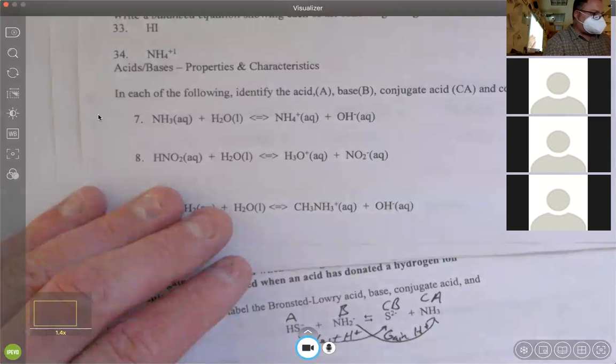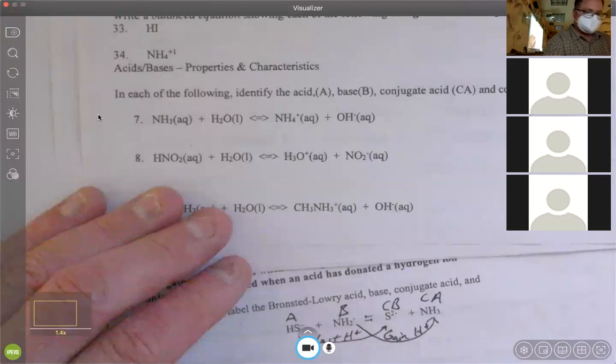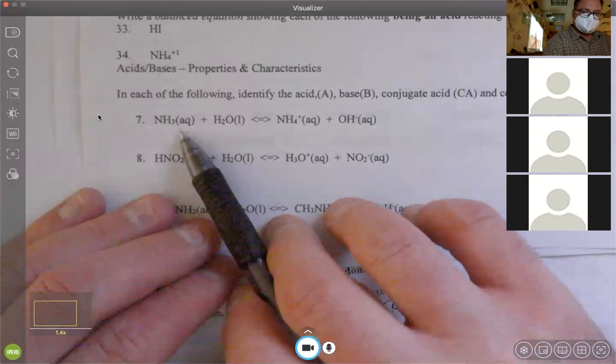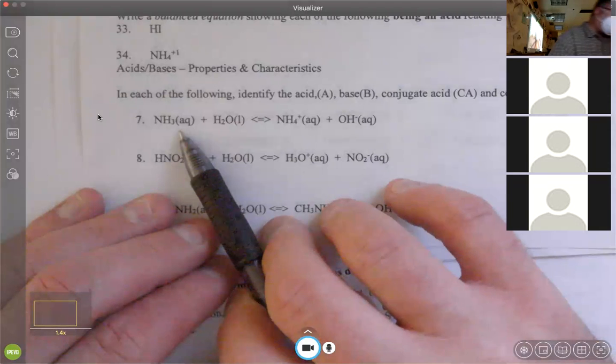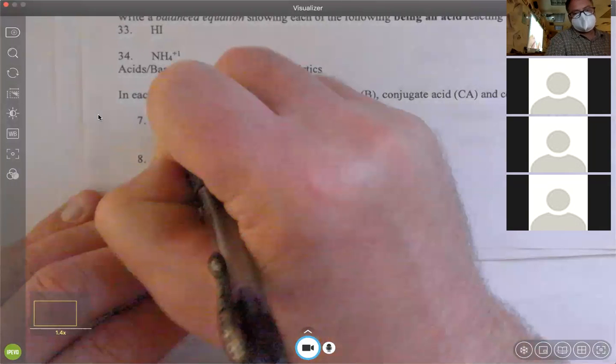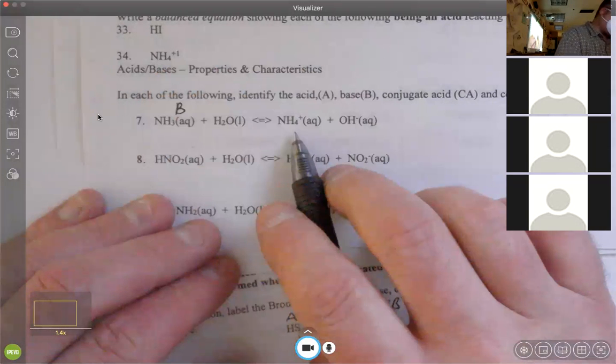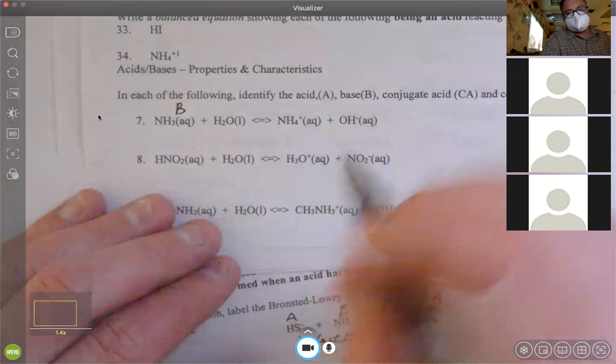So what's NH3 acting as here? Acid or base? Base. That makes NH4 plus what? Conjugate acid. H2O is acting as a